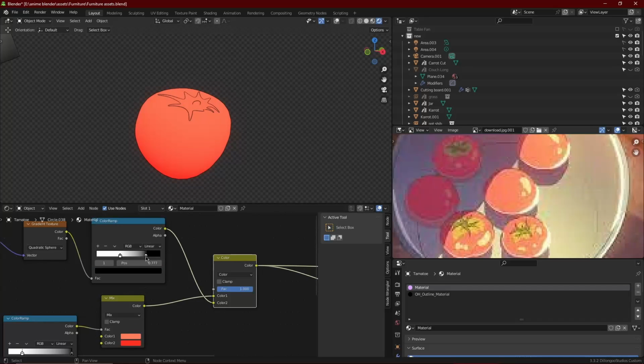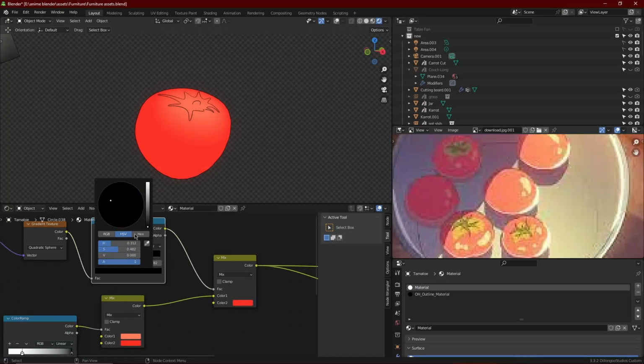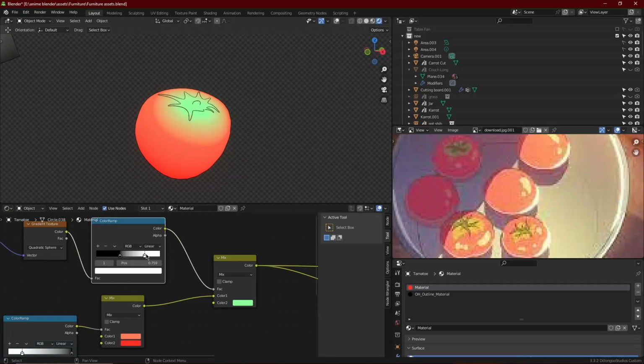and then you bring up that circle to that top point of the tomato. So now, since the color ramp is plugged into the factor, all we need to do is change the bottom color of the mix RGB and set that to around a greenish yellowish tint. And there we go, we have that nice greenish orange thingy at the top,